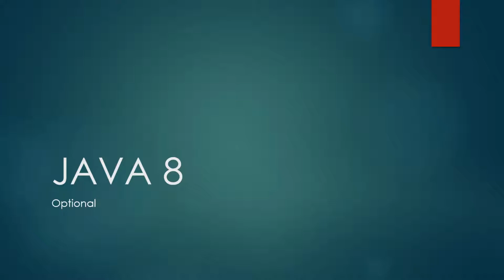So in Java 8 they introduced one class in which they have provided certain methods which will help us to manage or to avoid NullPointerException. That class name is Optional class. In this video we are going to see what methods reside in Optional which will help us to manage NullPointerException with the help of examples. So let's start.